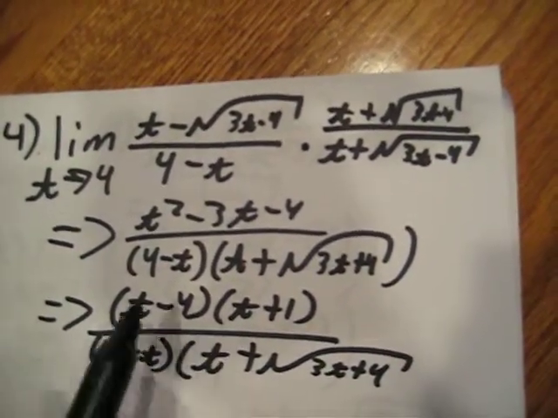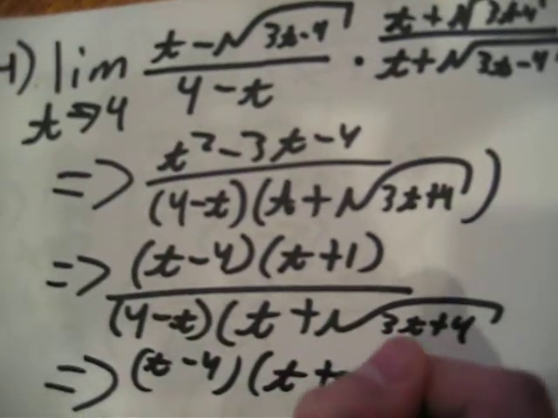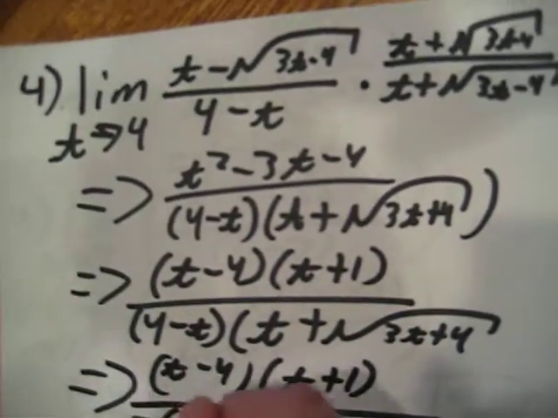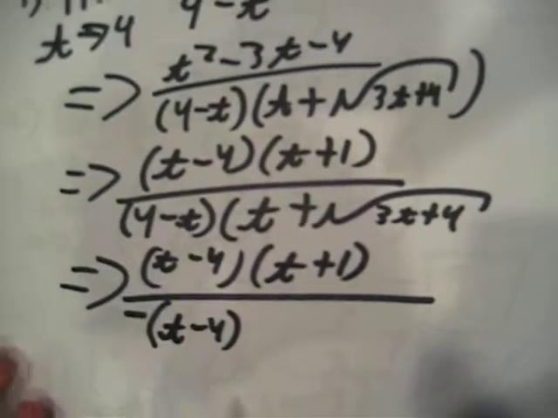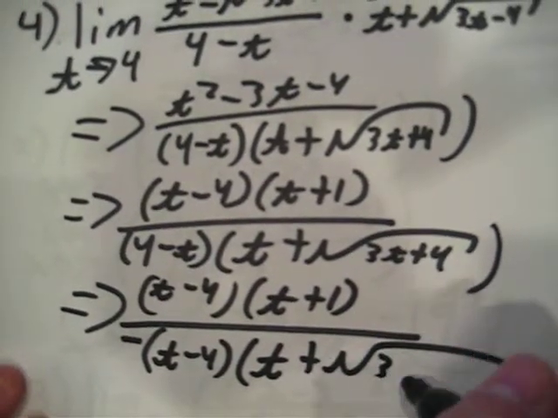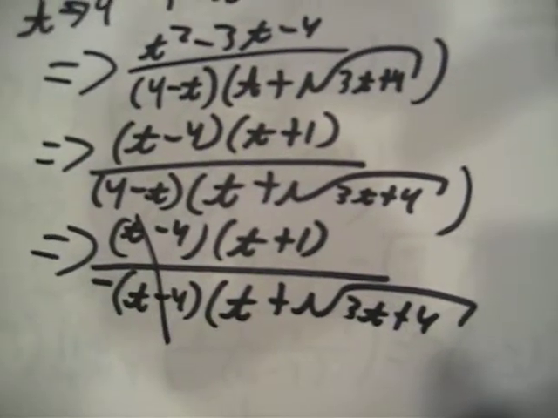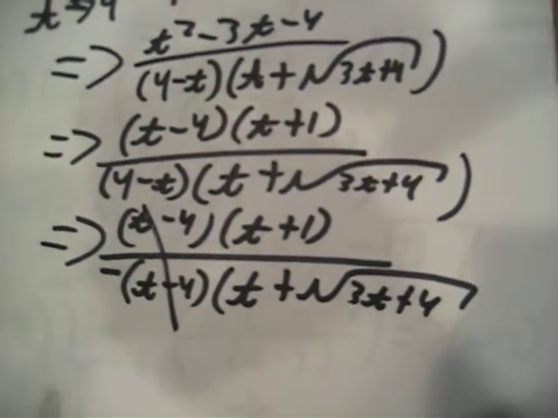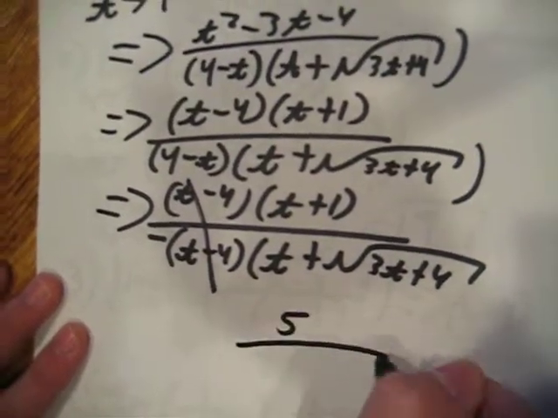Now we're going to have to cancel these out here. So it's going to be t minus 4 times t plus 1 over negative t minus 4. I factored out a negative from this term right here. So we can cancel those out. And now we can just plug in the 4 from the beginning. So we're going to have 5 over,